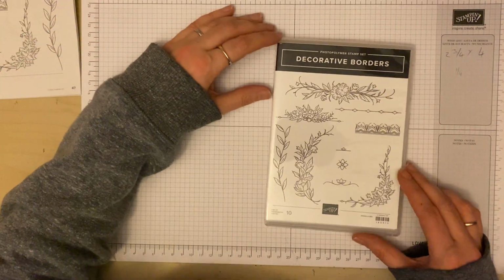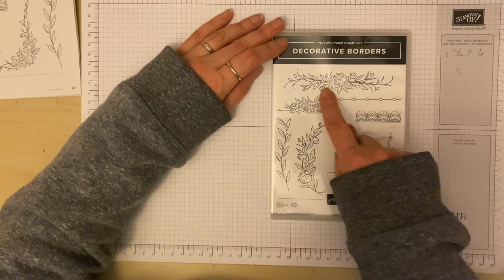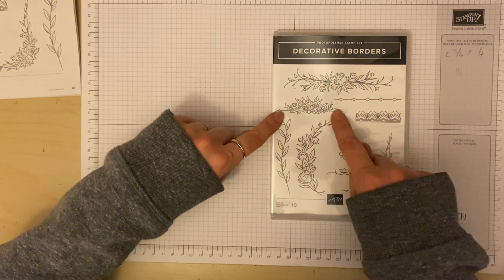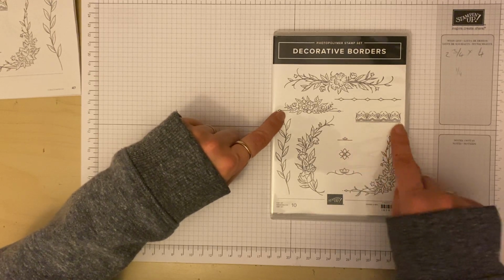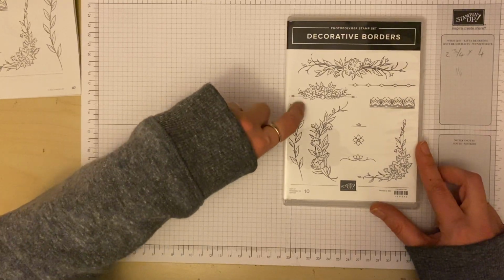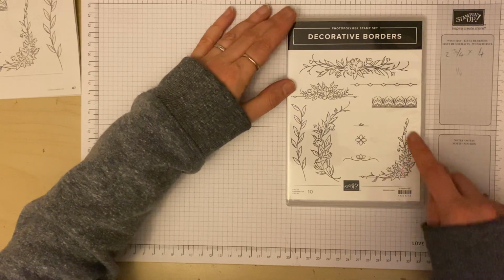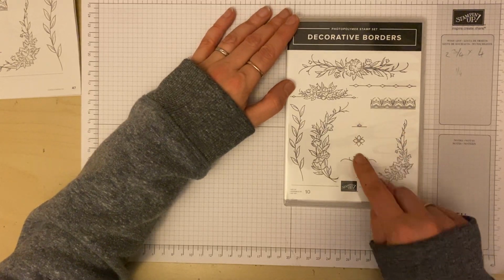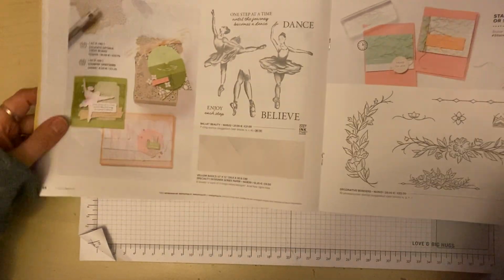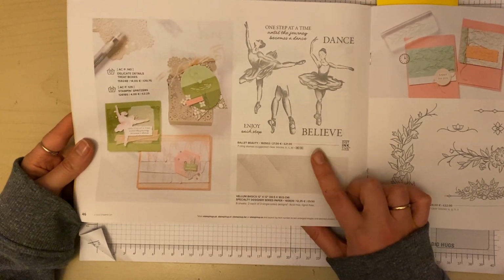Right, the next one is decorative borders. So you've got a lovely flower and then the leaves coming out. You've got one that's flat, a little bit of a designer border, just a leaf, some flowers, and then you've got a corner border and a couple of straight ones as well. Now I'll show you the page, because on the opposite page is this Ballet Beauty, and one of